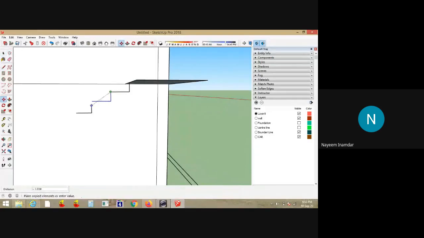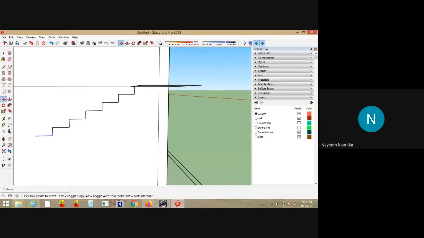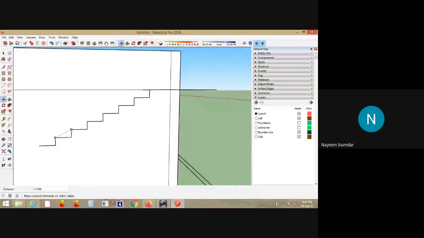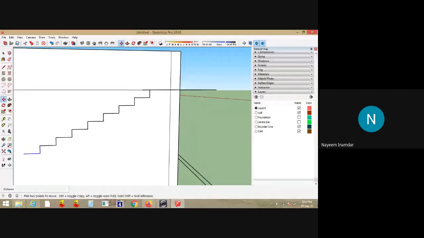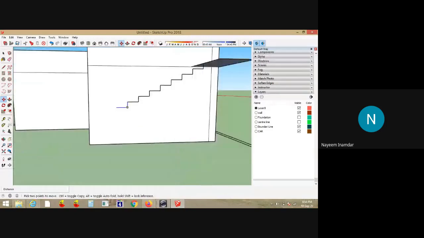Just keep copying. Again, don't release the control button. Keep on pasting it. You can keep on pasting it. I'm using very few commands here. With that, I'm creating the model.